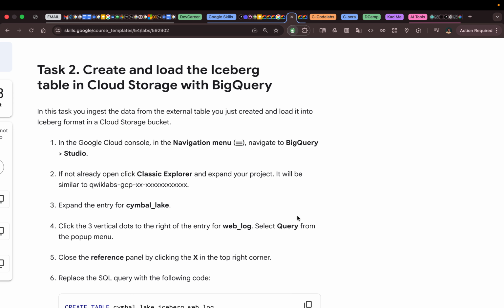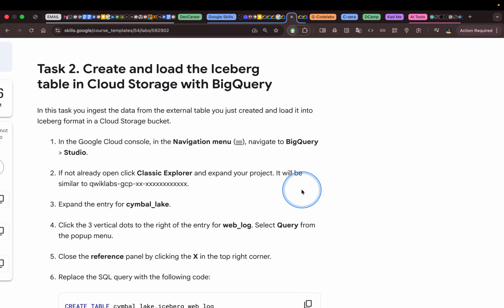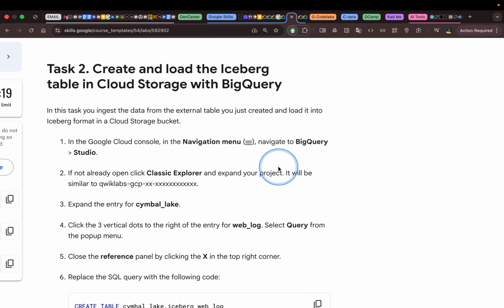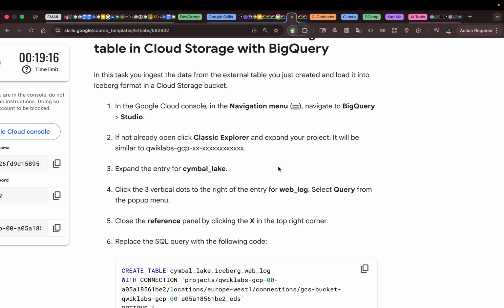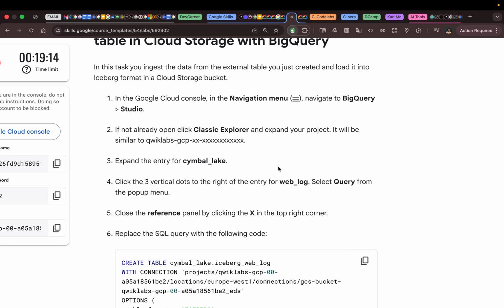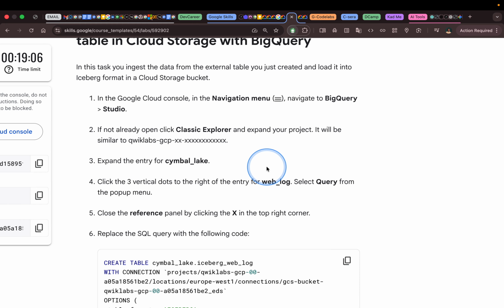So now we are going to task 2, which is to create and load the Iceberg table in cloud storage with BigQuery. In this task, we'll ingest the data from the external tables that we just created and load it into an Iceberg format in a cloud storage bucket. In the Google Cloud Console navigation menu, navigate to BigQuery Studio, and open the Classic Explorer and expand